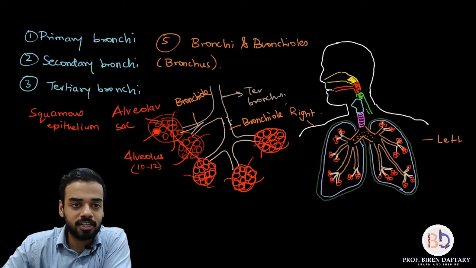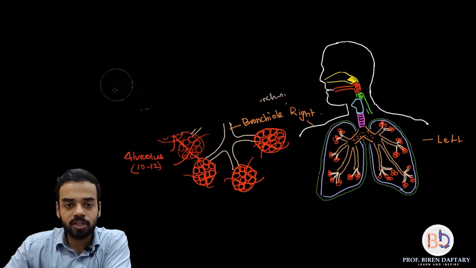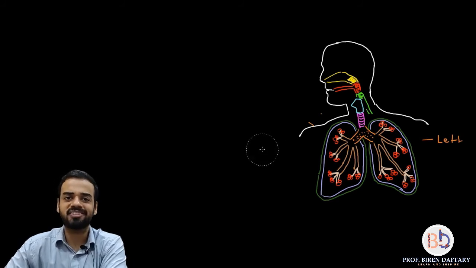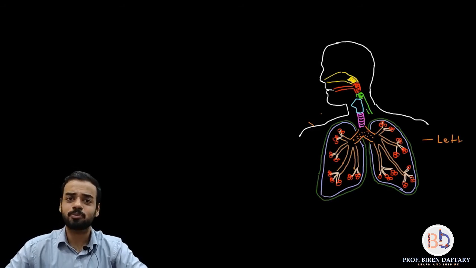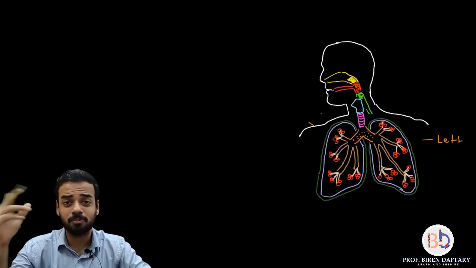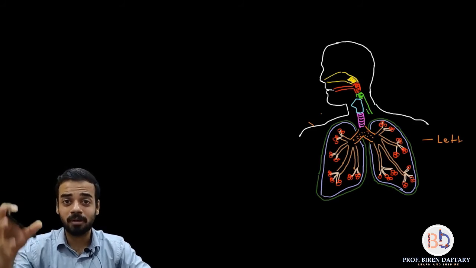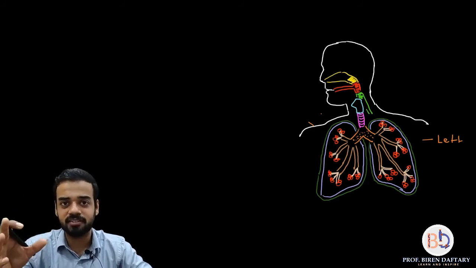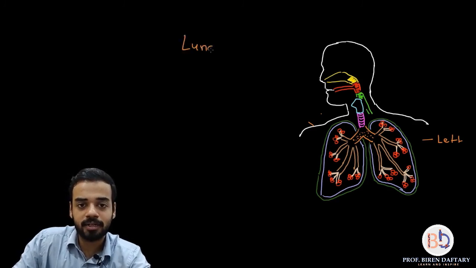Okay, so now let me just rub this off. You can always slow down the speed of the lecture if you feel that the lecture is going fast. I think I'm going at a reasonably slow pace, and this anatomy of the respiratory system is probably the easiest anatomy. Please remember that. If you compare it with the digestive system, nervous system, reproductive system, all those other systems are much more complicated to study. This is probably the easiest one. You might have to read it once or twice to remember it, but it's very easy.